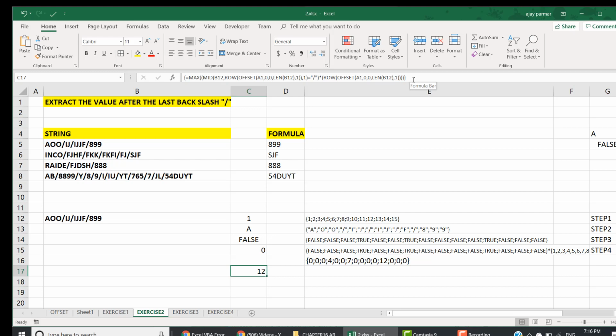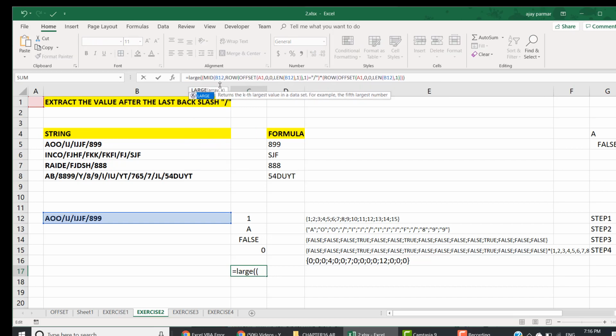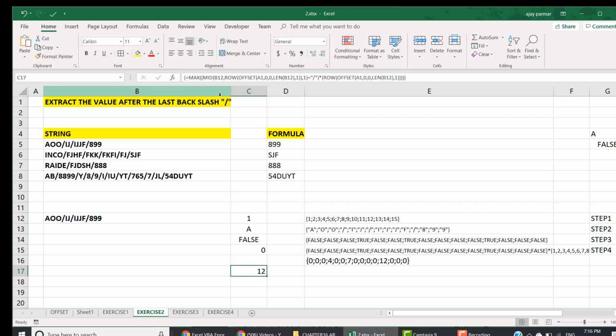Now if you are interested in calculating using the LARGE function, you can use that as well. Because I need the first largest number, you write LARGE, and in this LARGE there are two parameters: one is the array and one is the kth position. This entire thing is your array, then you press comma and say 1, because k stands for the first largest number, then close the bracket and press Control Shift Enter. But I'm not going to use the LARGE function here, because this is something we can also manage with MAX. However, in this formula I have used the LARGE function. So you have MAX and you have LARGE, and finally 12 is coming.